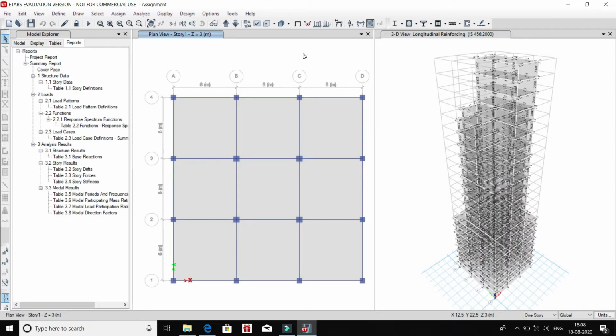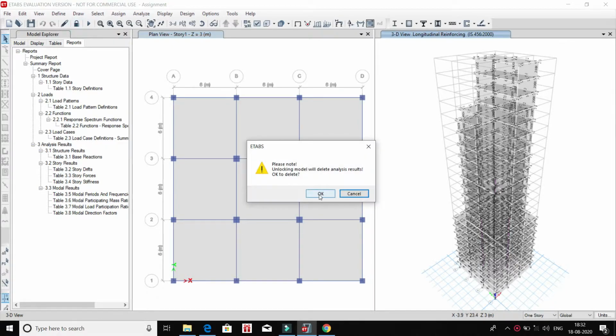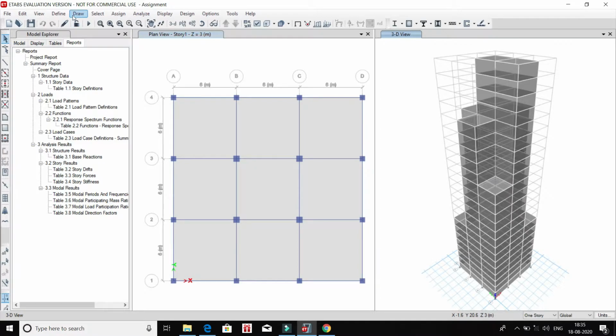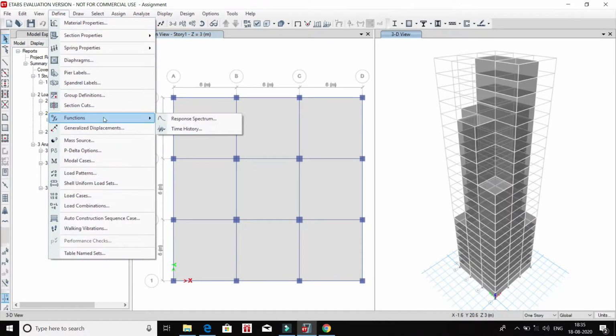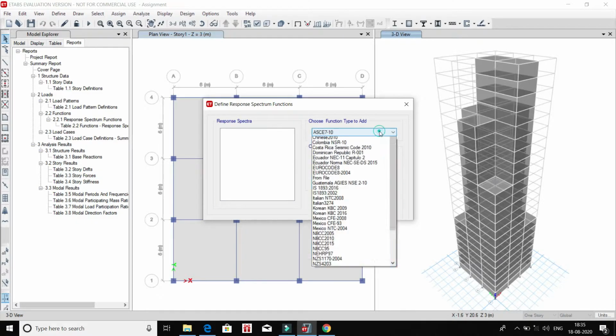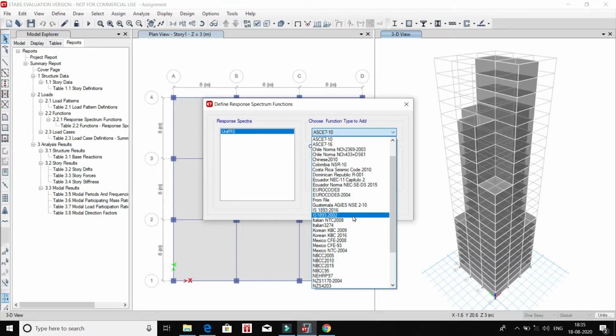Now we will do seismic analysis using the response spectrum method. First unlock the model, then click on define, click on function and click on response spectrum. From here click IS 1893-2002.